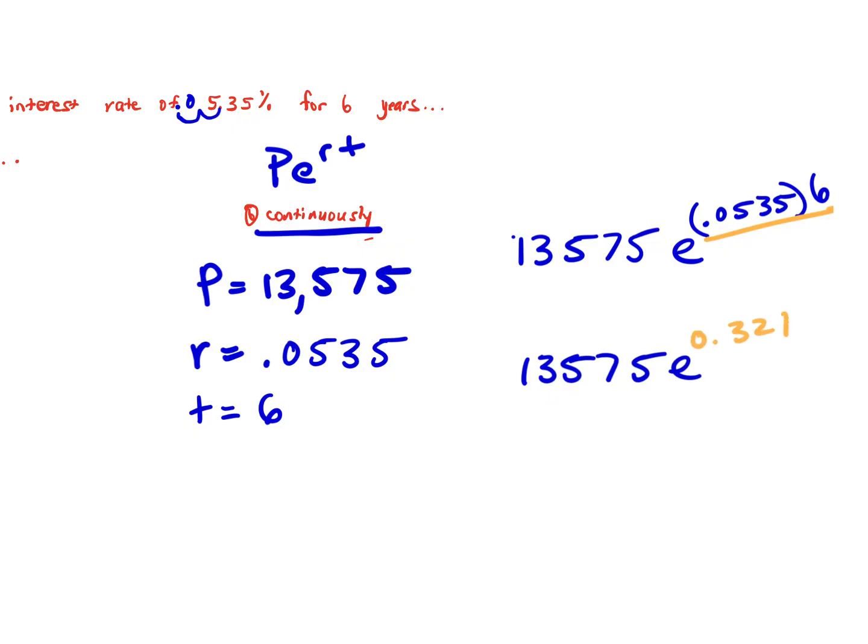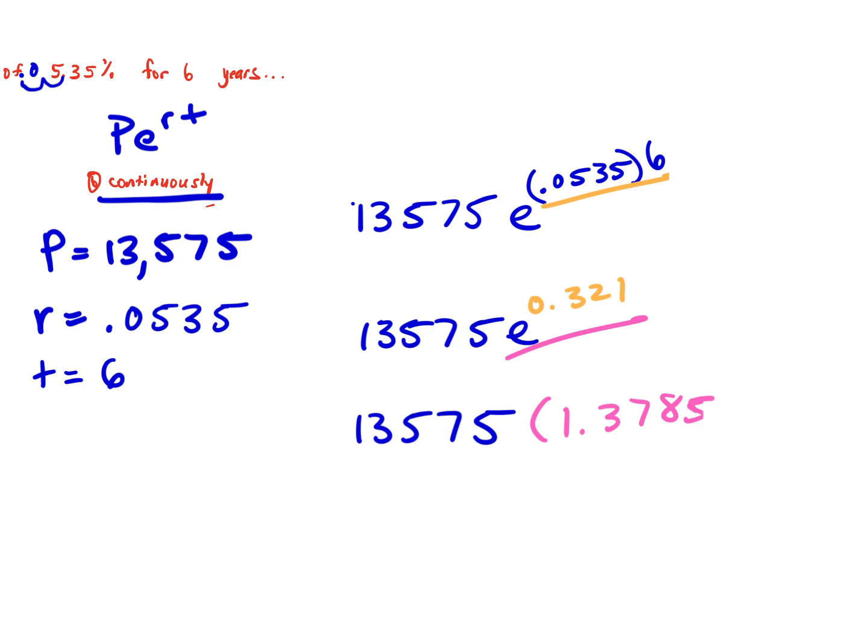Now we're going to do e to the power of 0.321. That should give you 1.3785. It keeps going, but we're going to leave it in the calculator